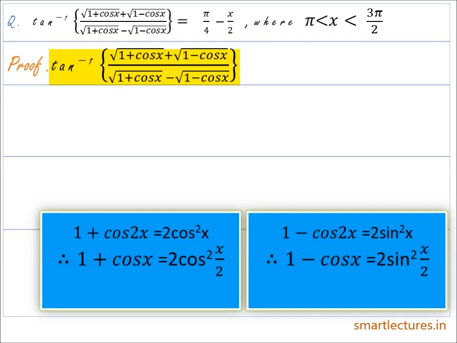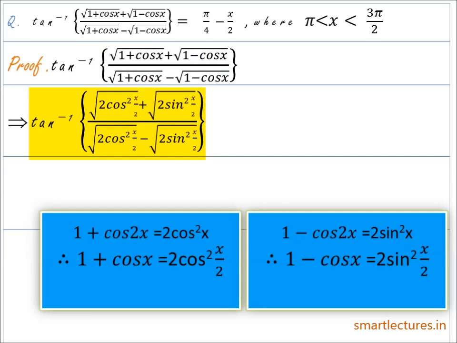And so now writing 2 cos square half x in place of 1 plus cos x and 2 sin square half x in place of 1 minus cos x, then in that case the left hand side becomes tan inverse of (square root of 2 cos square half x plus square root of 2 sin square half x) divided by (square root of 2 cos square half x minus square root of 2 sin square half x), and which is equal